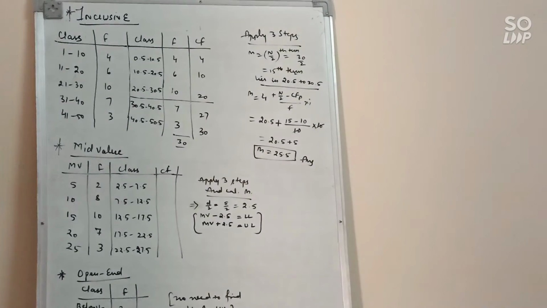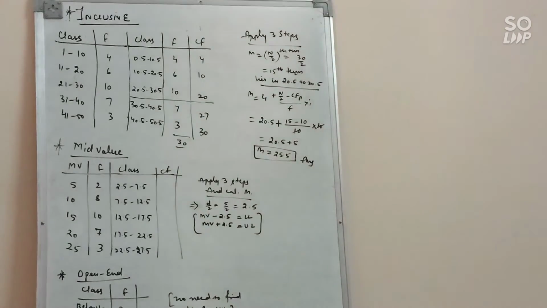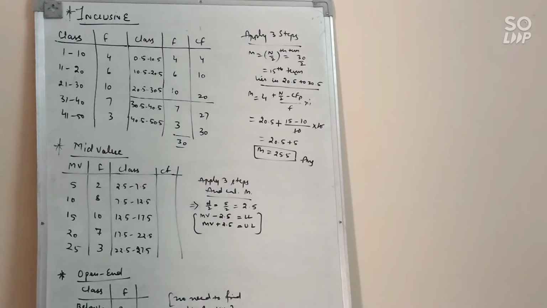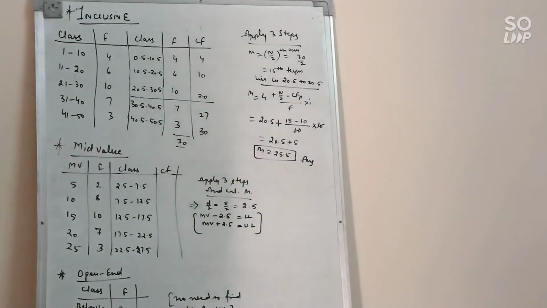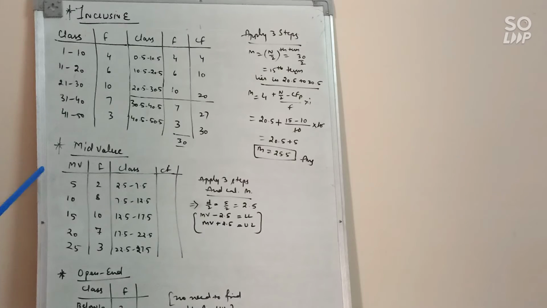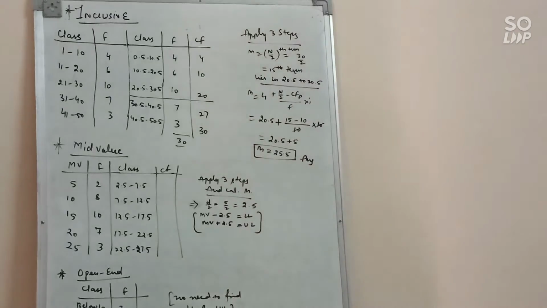Next is mid value. If mid value is given, we have an example, mid value is given and frequency is given. So now what you need to do is, mid value means originally this series is a continuous series. So if it is a continuous series, it is compulsory to apply steps of continuous series. Don't apply steps of discrete series. Clear? In median, the steps of discrete series and the steps of continuous series are different. So that's why we cannot apply the steps of discrete series on this series if mid value is given. So first you need to convert mid value into the classes, and then you will apply the 3 steps, and you will calculate median.